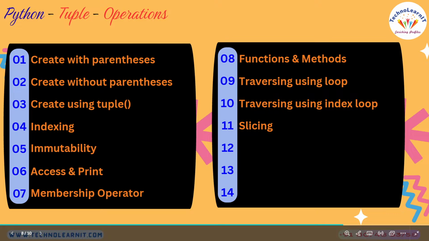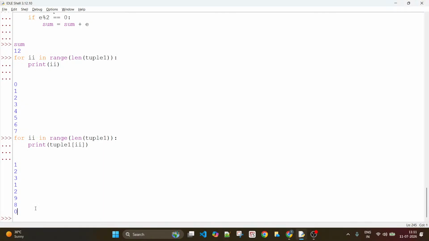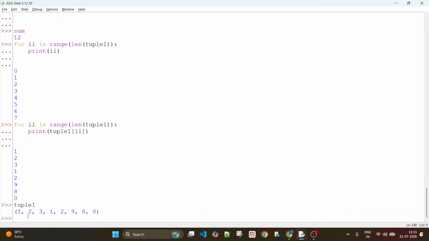Alright, next one is slicing. The next topic is slicing. Again, let us see what is there in tuple 1. Tuple 1 has these elements, and slicing is basically to access some portion of this tuple, right? That is what slicing means. So if you look at tuple 1, how will you do slicing? Slicing takes